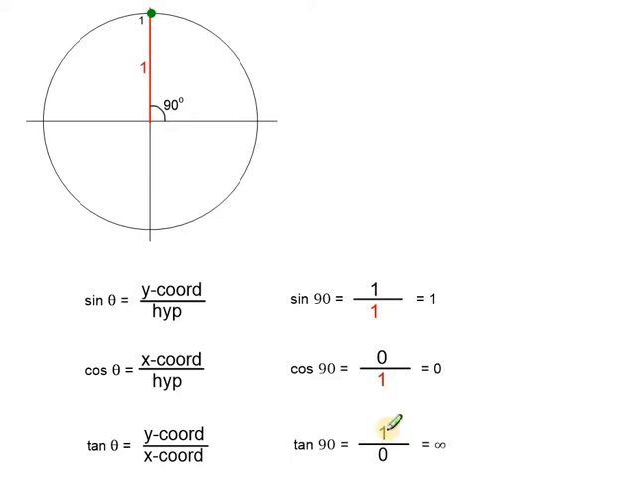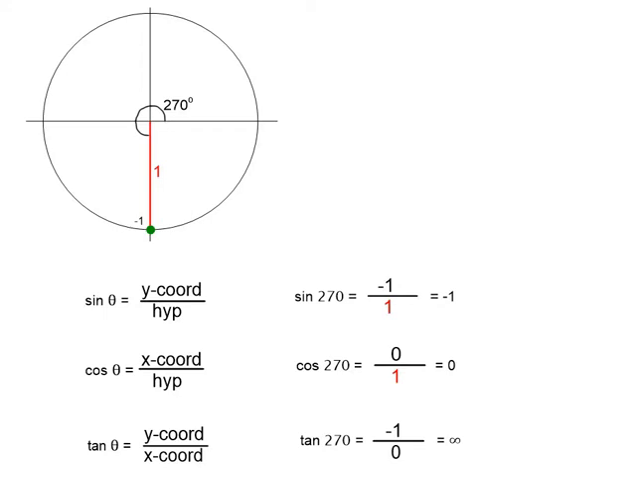When we substitute the values in, for tan 90, we have the y coordinate 1, x coordinate 0. When you divide by 0, you get an undefined value, and this is why you have an asymptote on the graph for tan at 90 degrees. Then for 180 degrees,